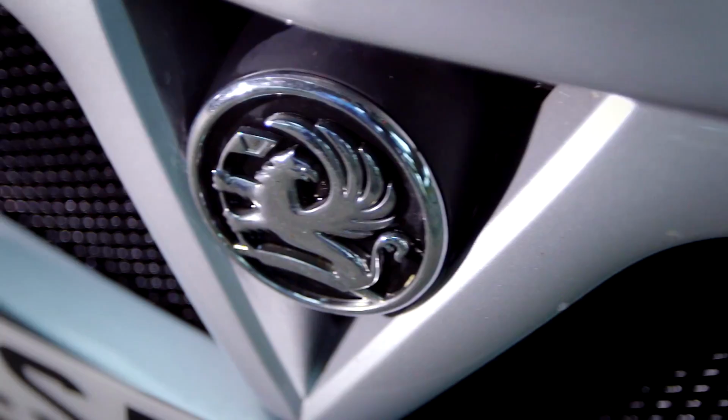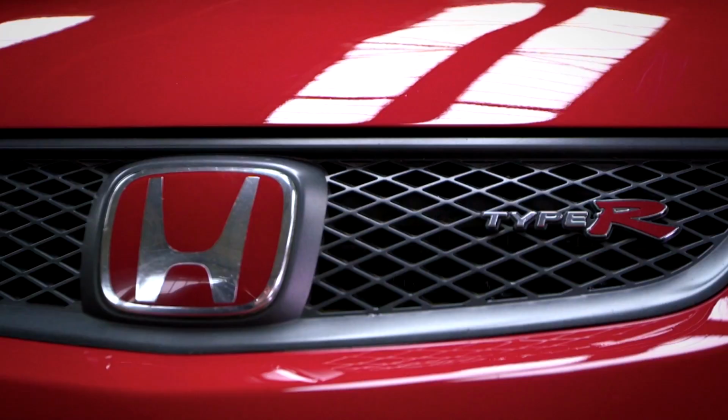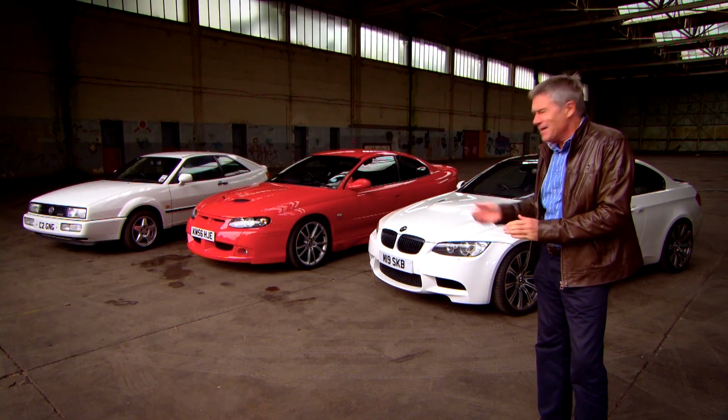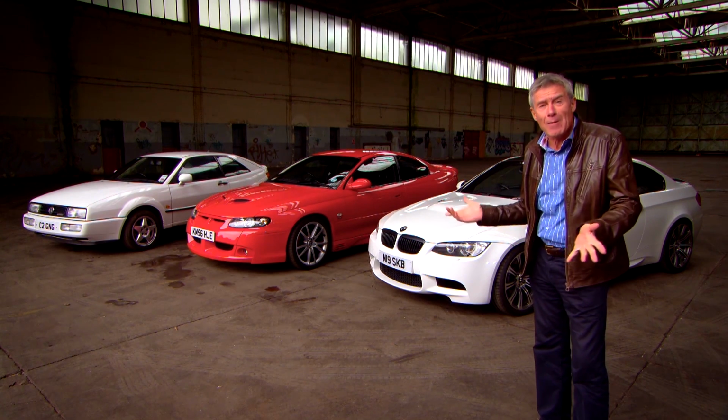Next up, some second-hand heroes. 3 like-minded cars for people on a budget. This time we've scoured the classifieds for performance coupes. A beautiful body shape that combines everyday practicality with some serious pace. These are some rather special performance coupes, and you could pick one of them up for just